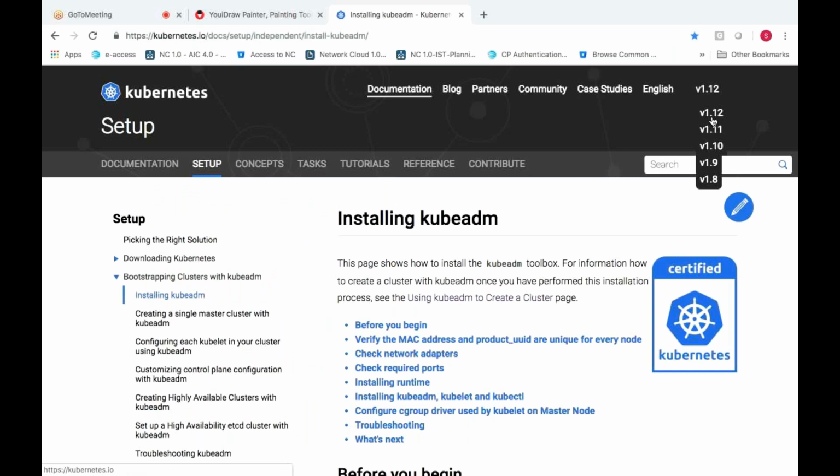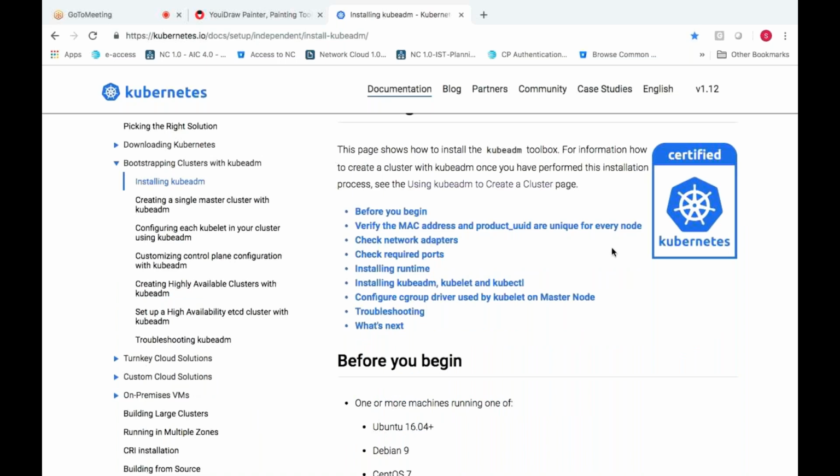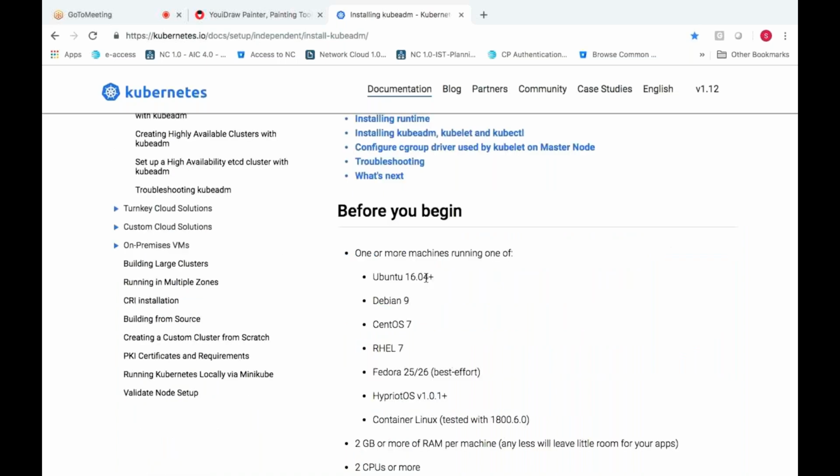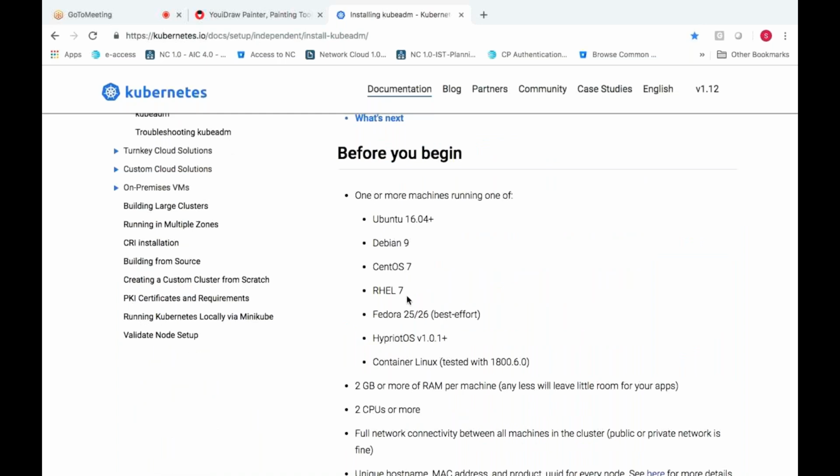I don't know what new features they have added, but there is a new release. So let's try to go for the latest one. Here we can use Ubuntu 16.04 or plus, in the sense 18 version also. We can use Debian 9, CentOS 7 or Red Hat 7, Fedora 25 and 26, and Container Linux. These are the supported operating systems.